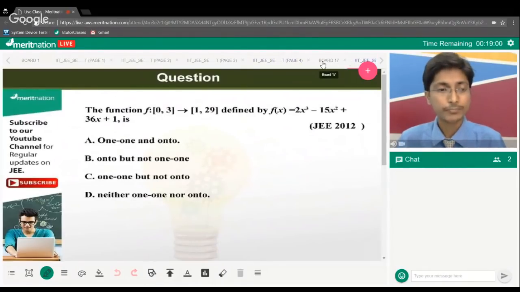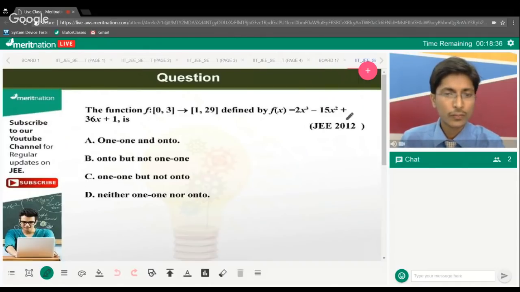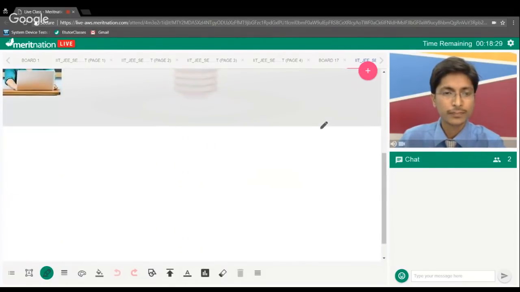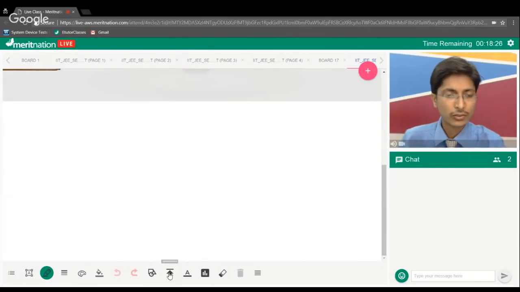Now, guys, we'll be coming to the next part, types of question, which talk about 1-1 and onto. So what's 1-1? 1-1 is something where for one particular input, you are having one output. So basically, two different inputs will not give the same output. So if I explain graphically what basically 1-1 and onto stand for, if I draw a simple graph for you guys,